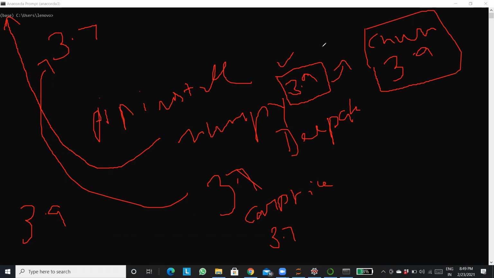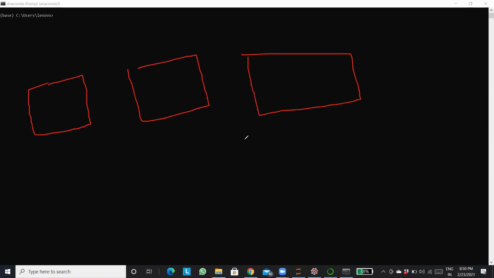So for different projects, there will be different versions of NumPy or Pandas or any other library. To upgrade and downgrade each and every version again and again to run a project, it's better to create separate environments.